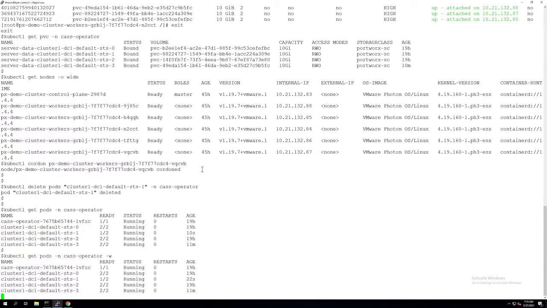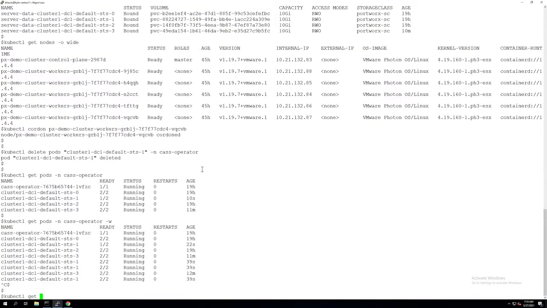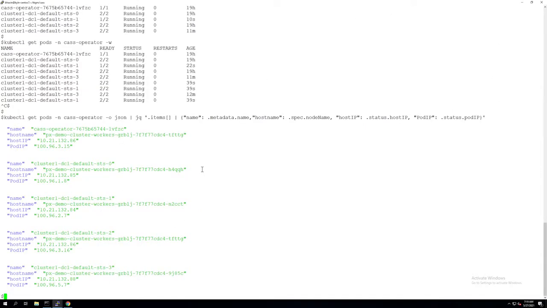So let's do a get pods and make sure that everything comes online from a compute perspective. So we have STS-1, which is 1 out of 2 right now. It will take a couple of minutes for it to be fully functional. Not even a couple of minutes. If you look at it, it's just a few seconds. Then we'll get more information on where it was provisioned. So it moved from 87 to 84.